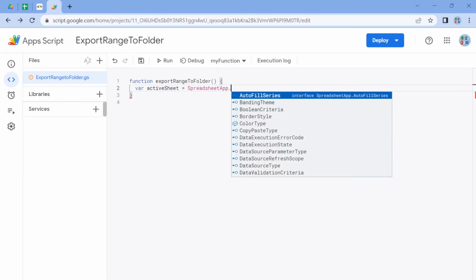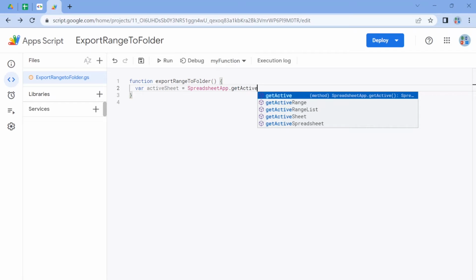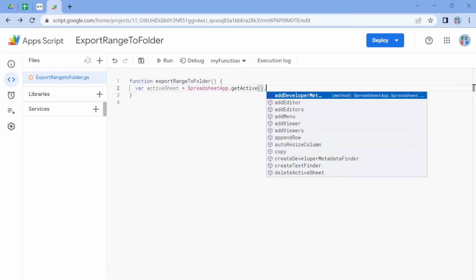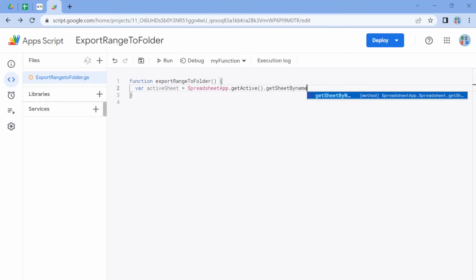The method we need for SpreadsheetApp is going to be getActive, so that it's just going to get you the currently active Google Sheet file, and then you're going to need getSheetByName. We're going to be getting the sheet that is called subs, and that's it. And you're going to close each statement in JavaScript with this semicolon. It is not required, but it's good practice to do so.